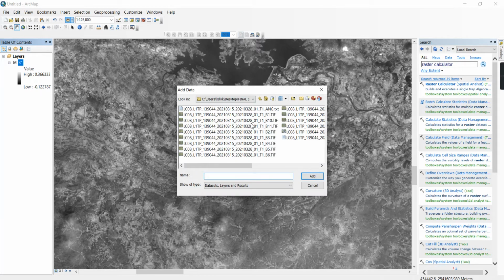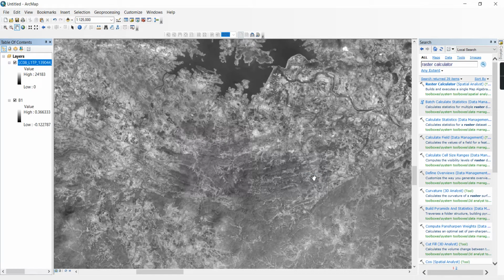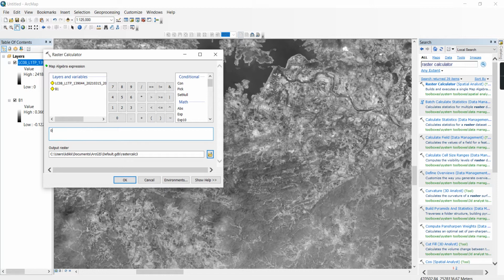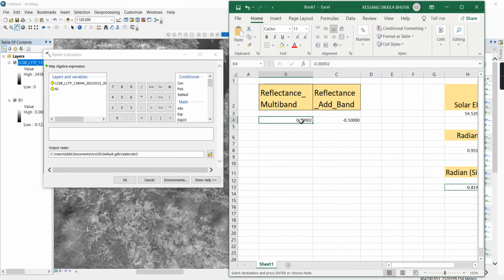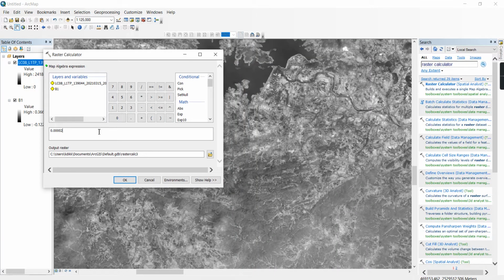Okay, so we have to do the same thing for band 2 as well. Band 2, 3, 4, 5, 6, 7. Let's go to raster calculator and type in the values. 0.0002, I think I'm wrong. Yeah, just copy paste the values. So just copy this, paste here, multiplication symbol, plus, open bracket, then add in the reflectance add band, which is minus 0.1, close bracket. Oops, I missed something. Yeah, so multiplication symbol, open bracket, the name of the layer, which is our band 2, close bracket,